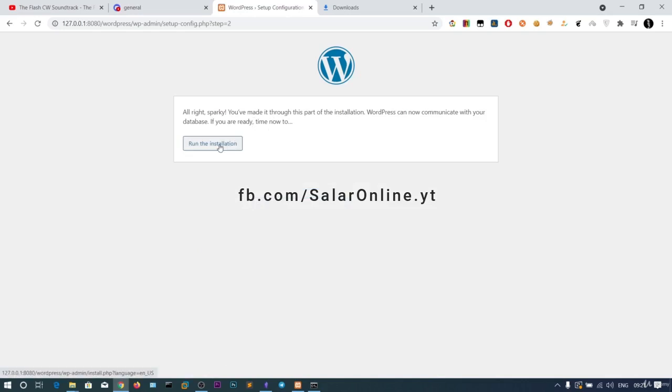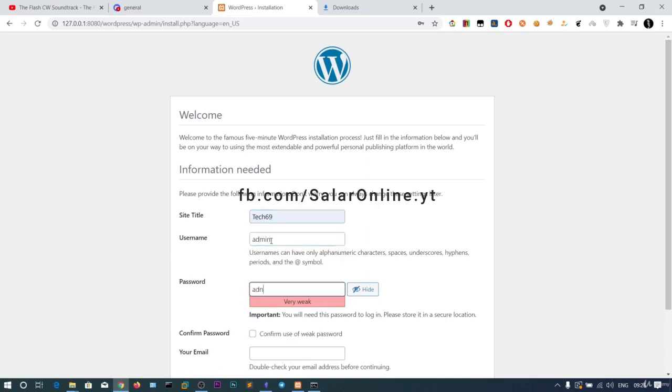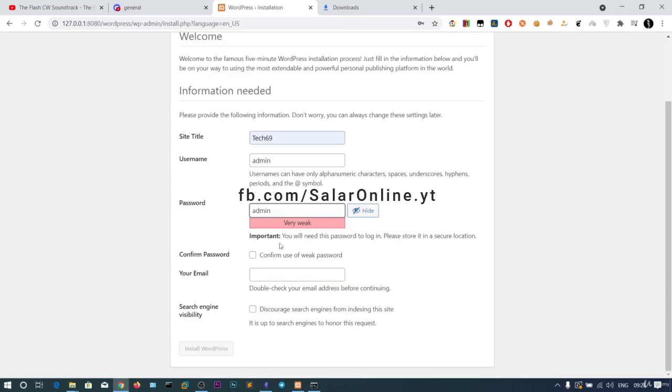So now let's click on run the installation. Okay guys, now the website has been installed. Now we need to give the name, let's say text69, and let's say username admin and password admin. I'm putting admin as the credentials because it will be very easy to brute force, and we'll be brute forcing via XML-RPC in the upcoming videos. So click on confirm use of weak password,